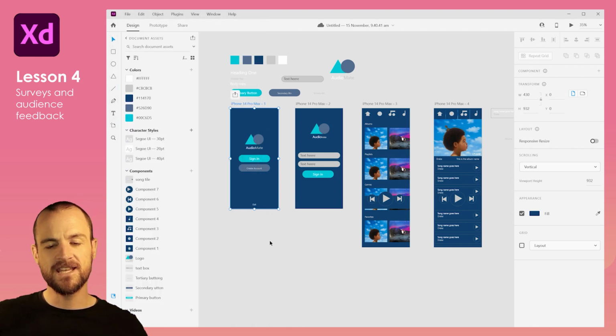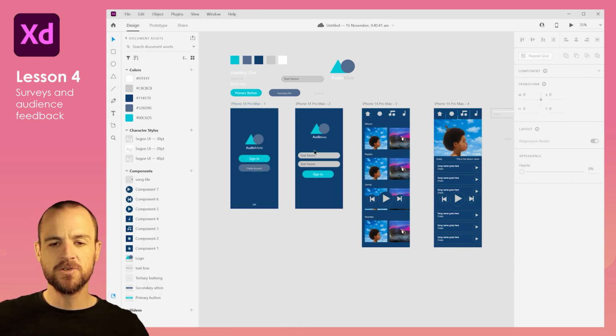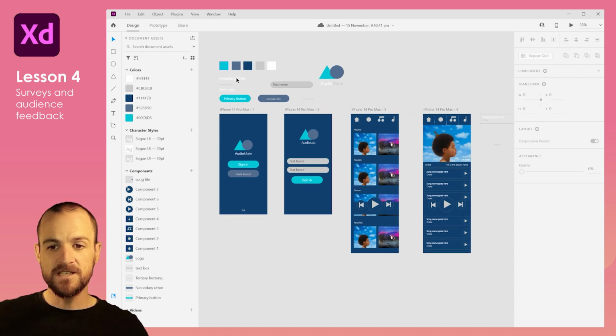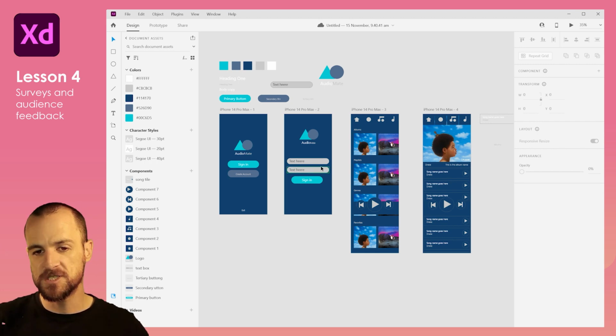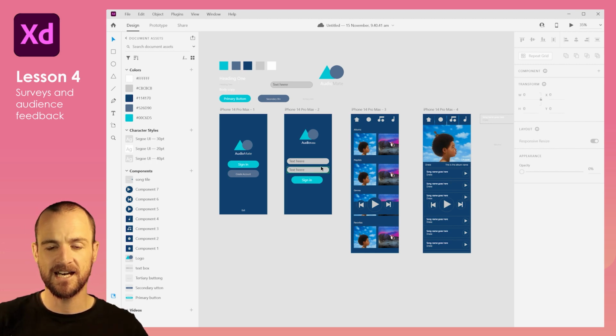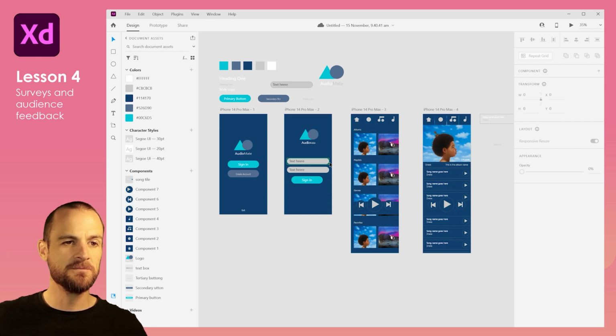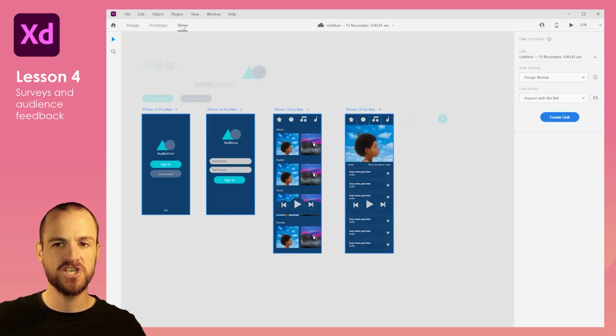So let's close that. Now that you've created your interactive experience design, you can export this as well. You can save this as a PDF and turn that into a printed presentation of some static flat lay screens. But now you want to derive some audience feedback as to how they might navigate through this. That's when you move into this final mode, which is your share mode. So you can set up your link,